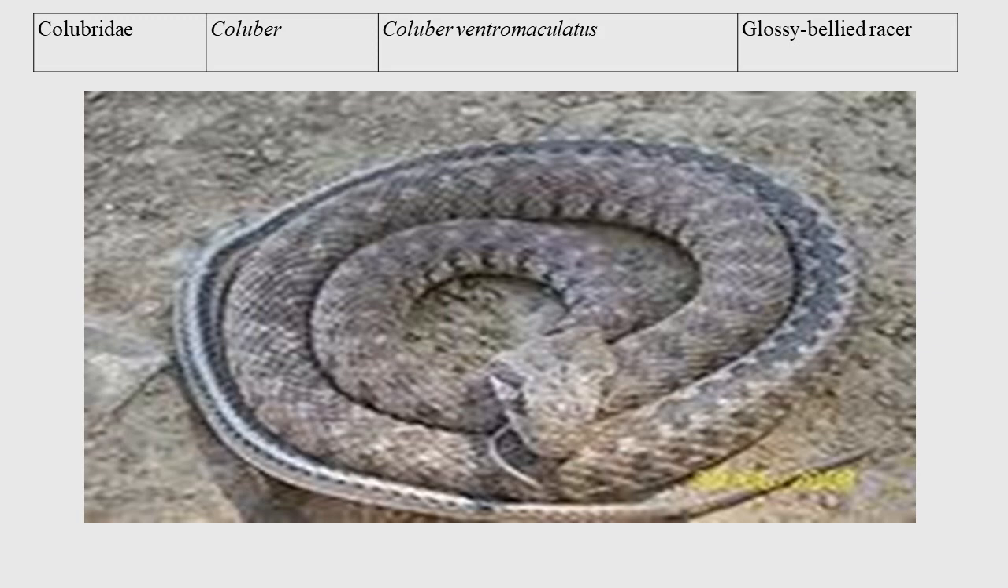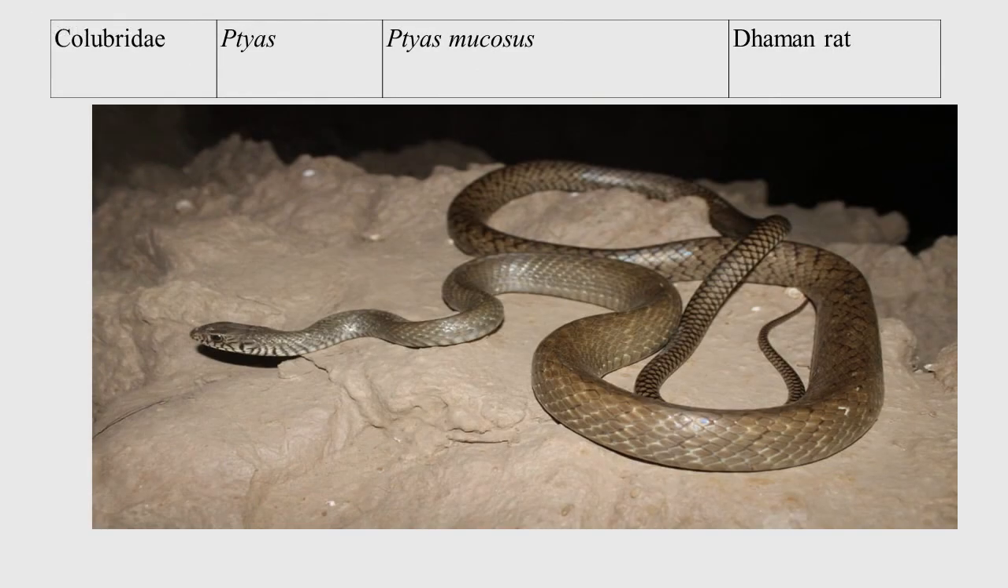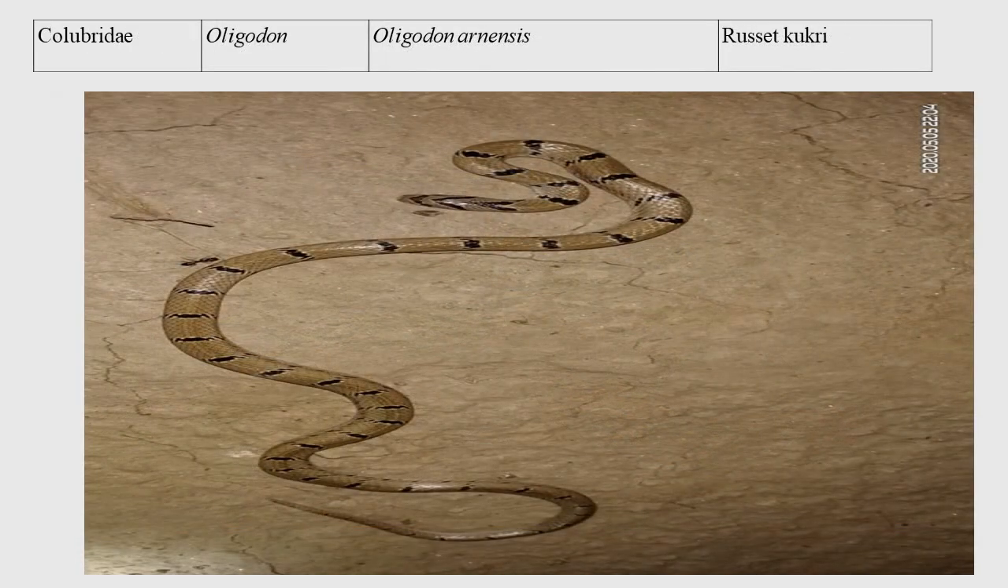Geckonidae, including common tuberculated ground gecko, small. Varanidae, Indian desert monitor, medium size monitor, one